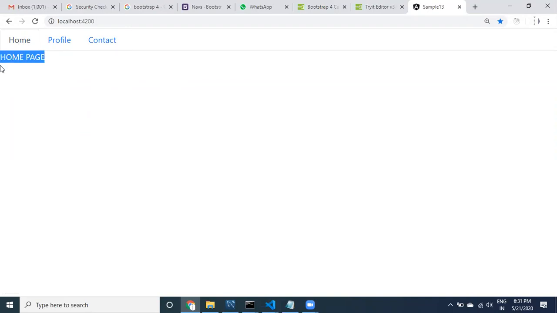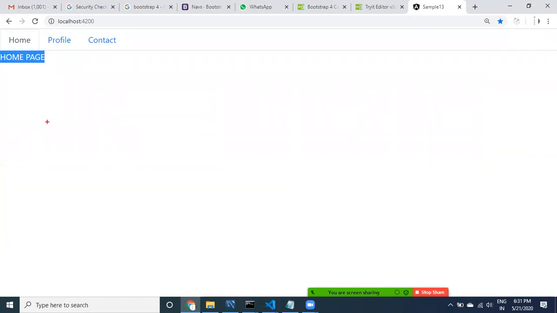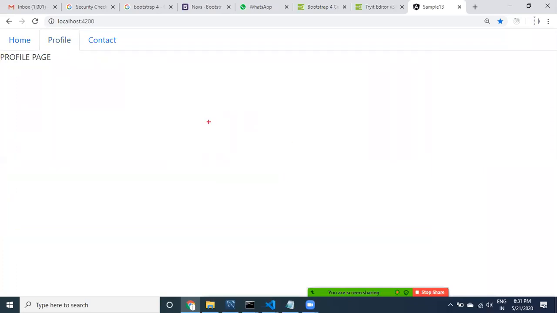The home component is going to get displayed. If you click on profile, the profile component is going to be displayed, and the home component is removed from the page. If you click on contact, the previously loaded profile component is removed.